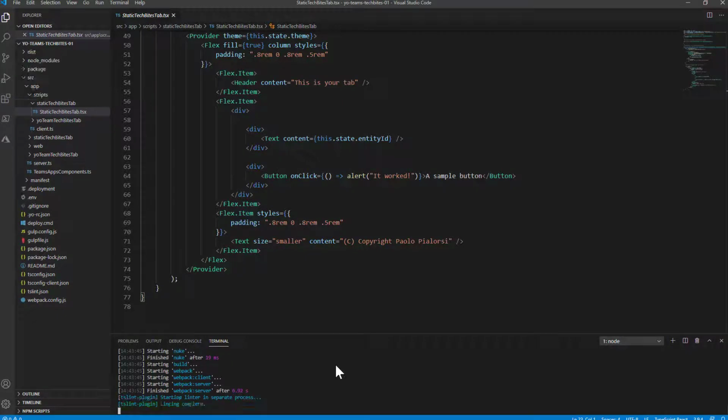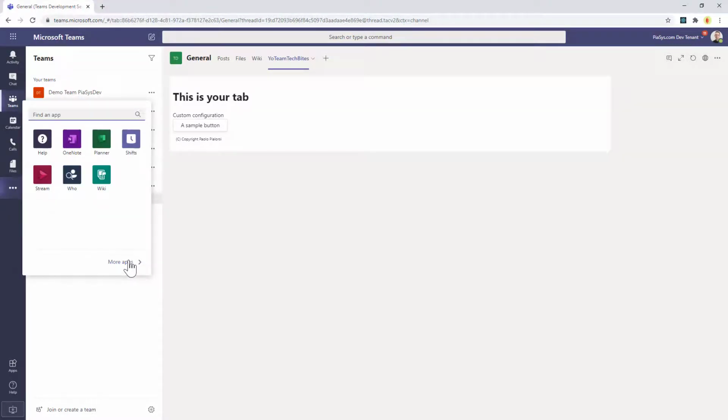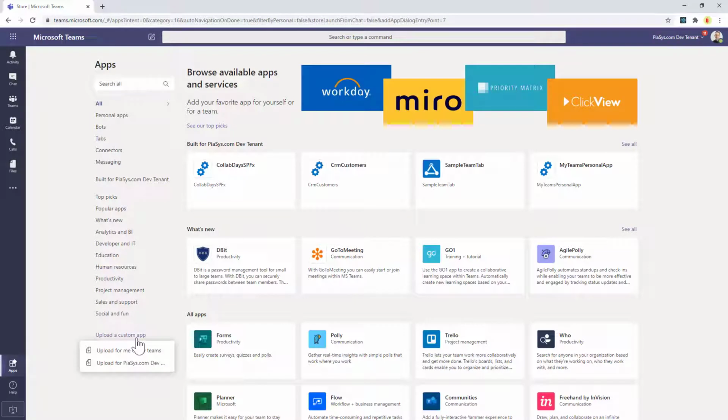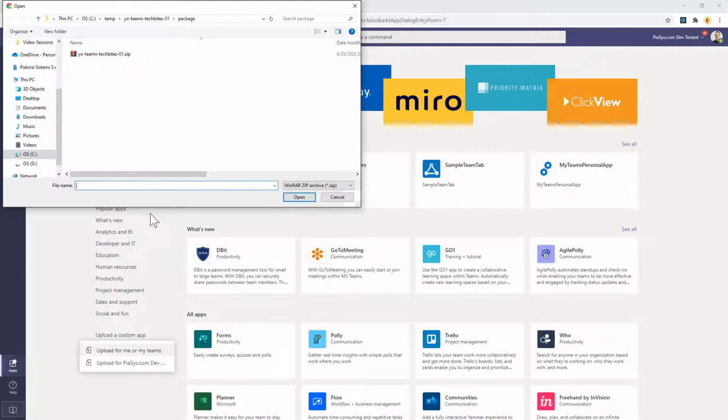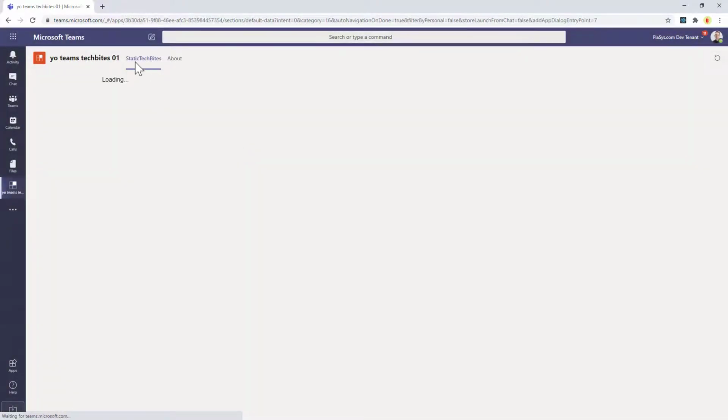Once I've done that, I will be able to upload my package into the team in which I am. So let me go back to Teams. Let me click now on the three dots here for the personal apps, more apps, and let me choose to upload a custom app for me or my teams. But I can eventually do that for the whole tenant if I'm allowed to do that. So now I can select the zip file that I just created. And by doing that, I will add it to my team. And as you can see now, I have my Static Tech Bytes tab here available with a default set of